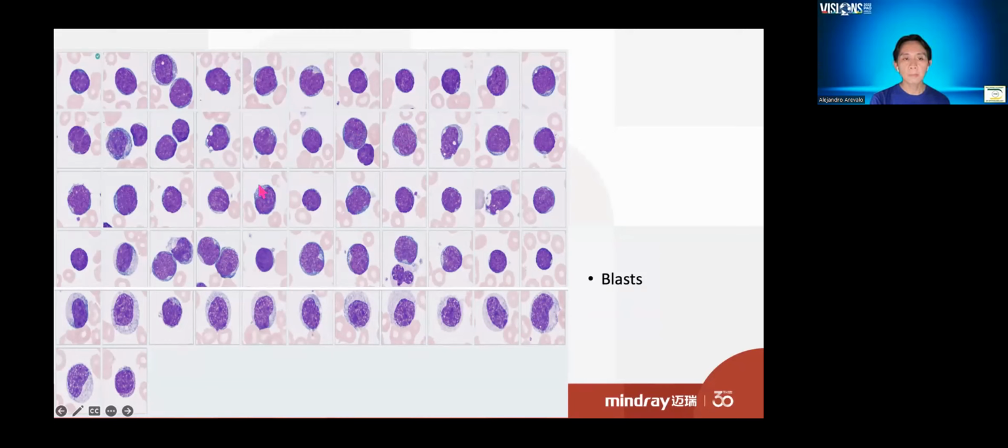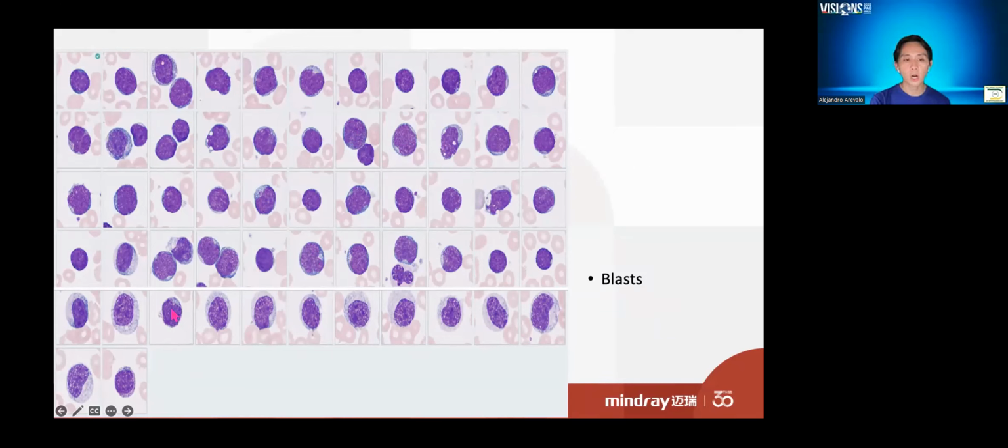They have an ample amount of cytoplasm, but the cytoplasm appears mostly agranular. But there are some blast cells wherein the cytoplasm appears to contain a few granules. So this is actually an MDS that has transformed to acute leukemia,